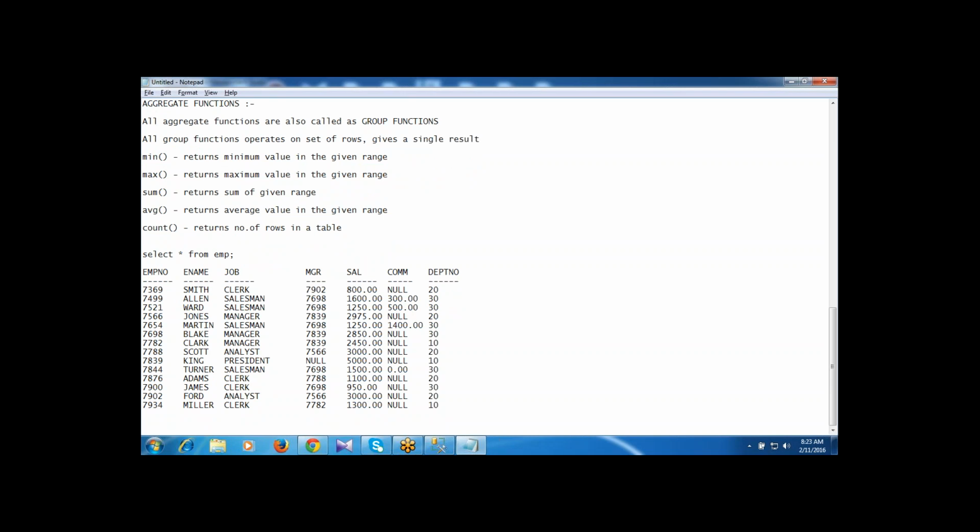Here I'm working the aggregate functions on these values. Here I'm operating the group function and aggregate function for all the data in a table, for all the salaries.